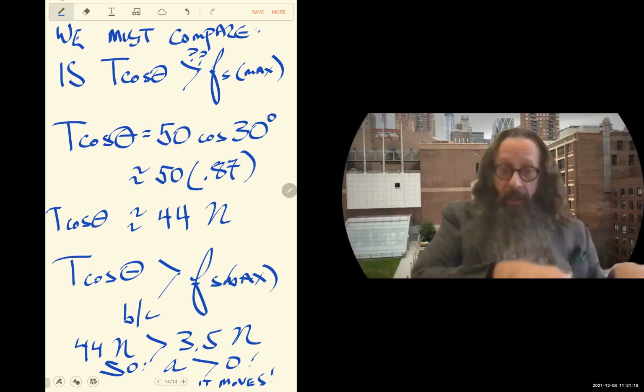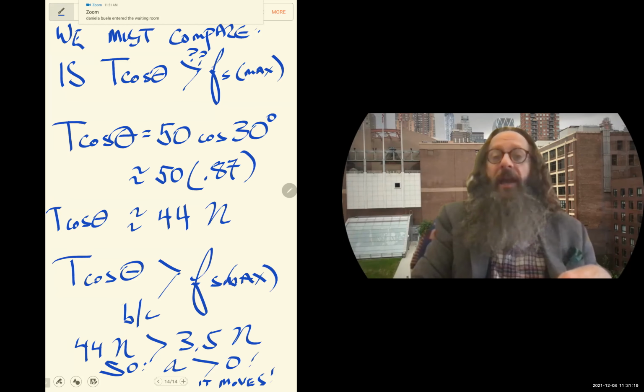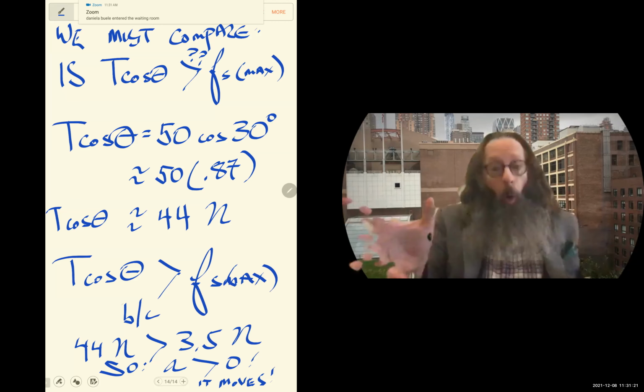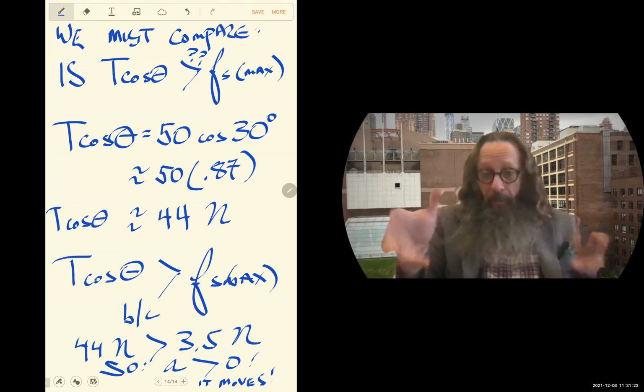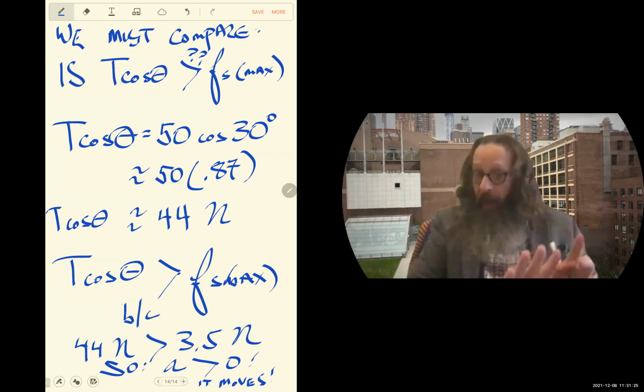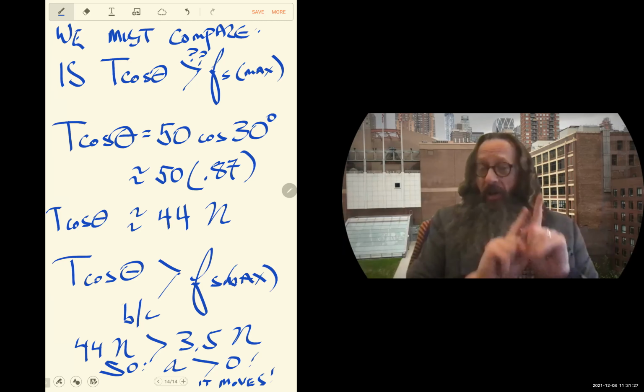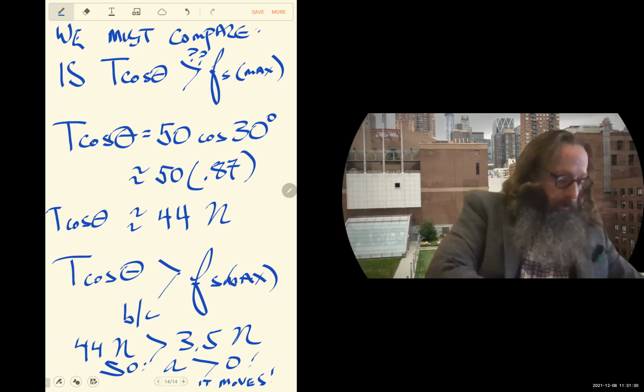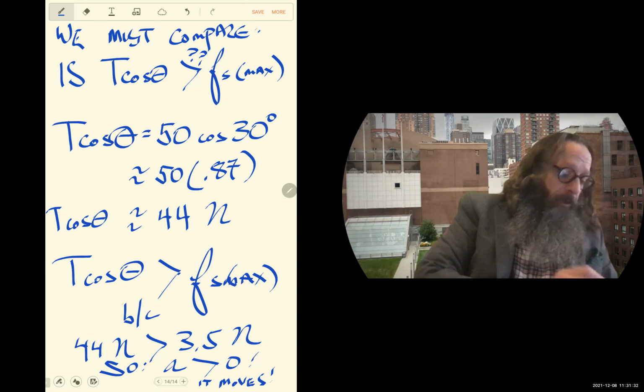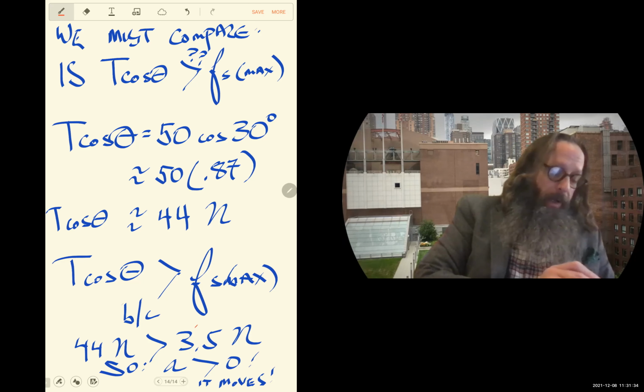And in this case, with these numbers, apparently there is acceleration. Apparently we are getting this thing moving. We're not done with the whole problem, but we've answered the question, is it moving? Let me circle that. It is moving. How do I know?